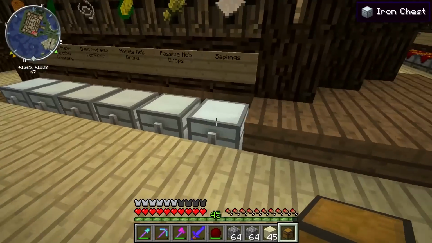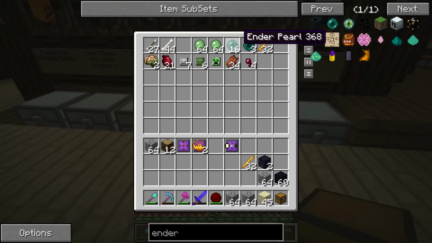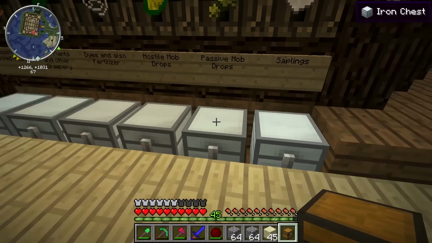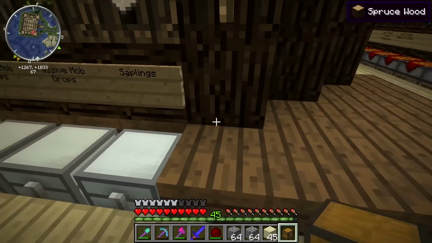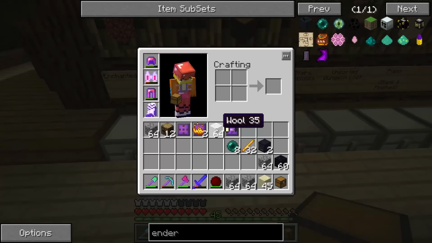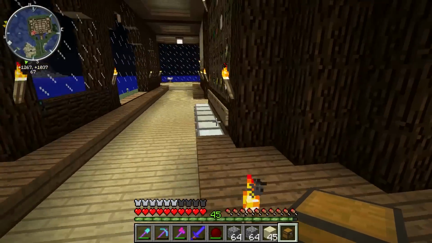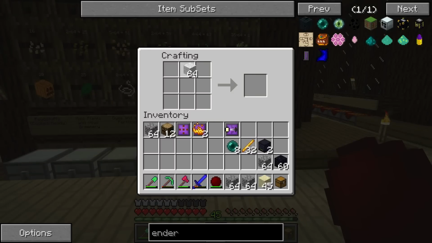So, need some blaze rods, need some ender pearls, and need some wool. Where did I put wool? Oh yeah, there we go. Alright, now if you have colored wool, that can also help. And if you have things that can dye stuff, that's also very helpful. So, to make an ender chest, all you need to do is take, I think it's some wool on top, 4 blaze rods, an ender pearl in the middle there, obsidian, and a